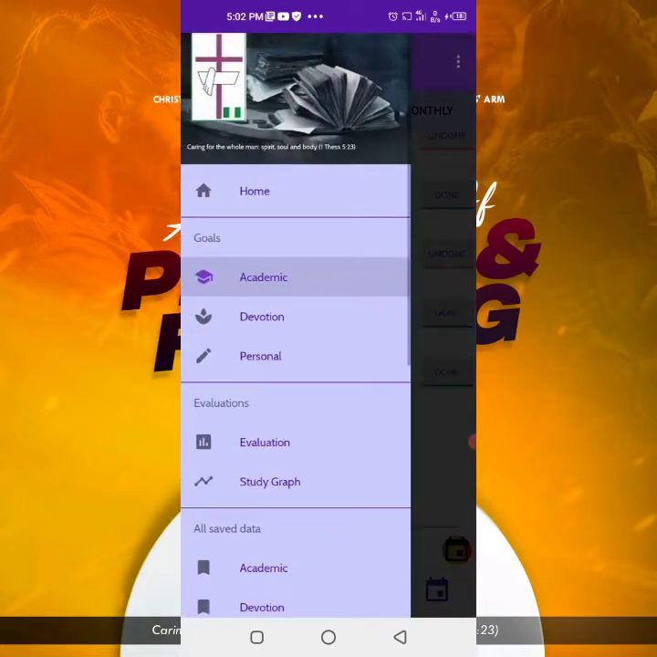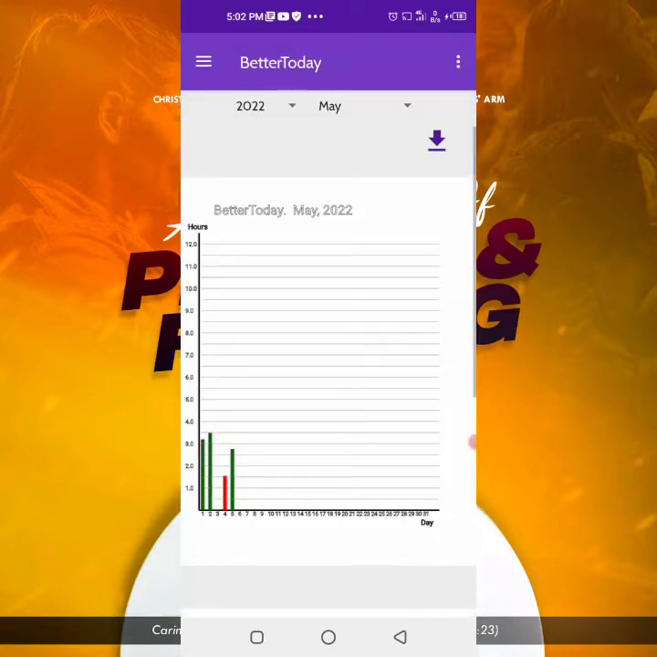Let's go back to the study graph. Alright, so it's now reflecting. It's now showing 2 hours 45 minutes for today, 5th of May. So that's the beauty of this app. You can use it to track your progress and develop a study graph that you can send to anyone that is